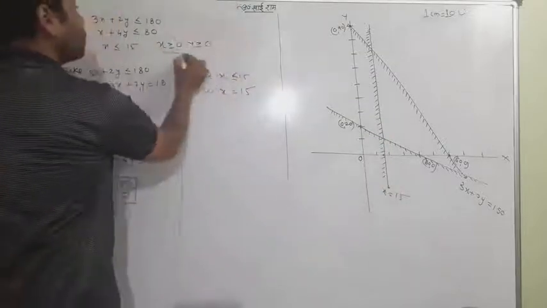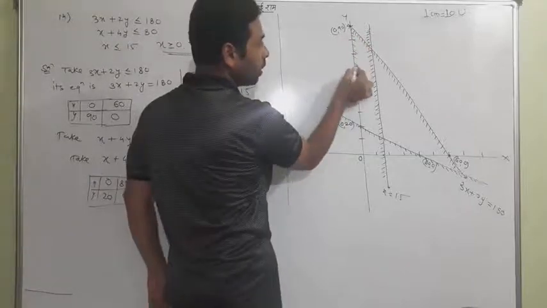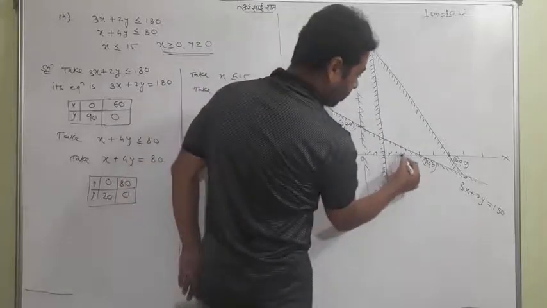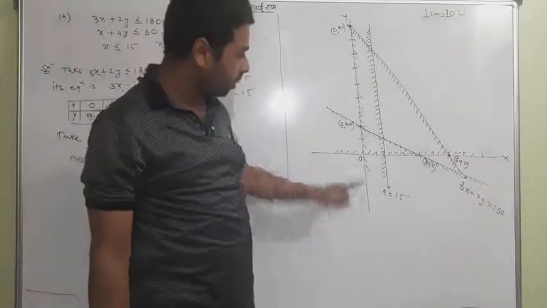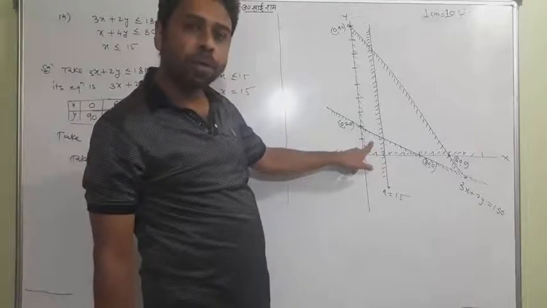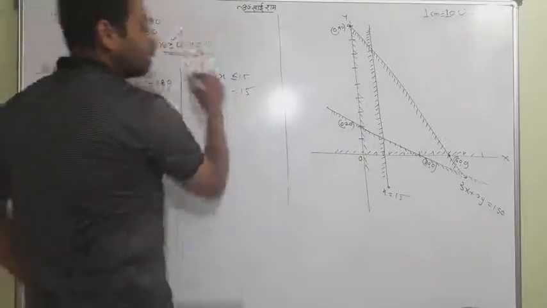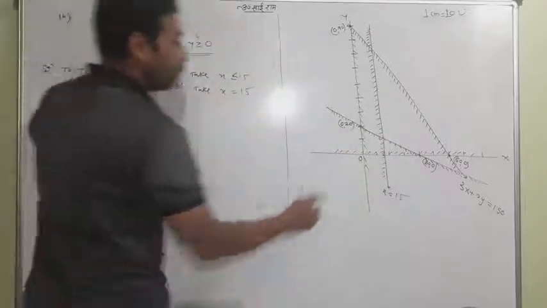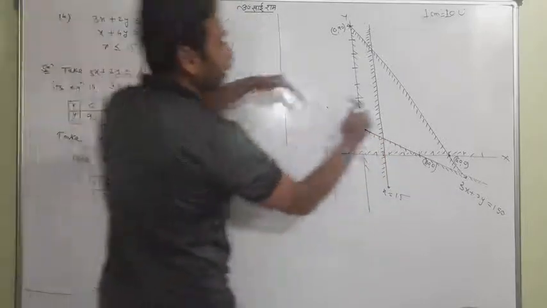Now the rest two conditions are very common. x greater than 0 is this line, and y greater than 0 is this. When I make all the lines, which is the perfect region? This is a small quadrilateral, you can understand. This is the perfect and ideal required region, because x greater than 0 is this line, y greater than 0 is the upside, x less than 15 is this line. This region is coming downside for this, and this is again coming downside.